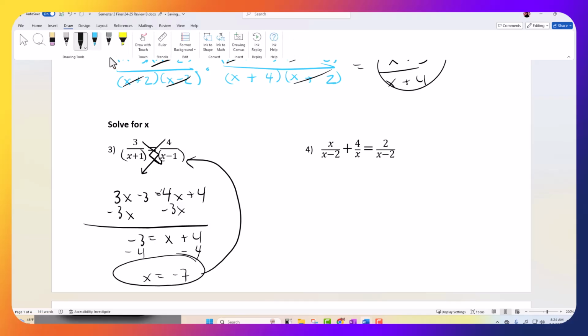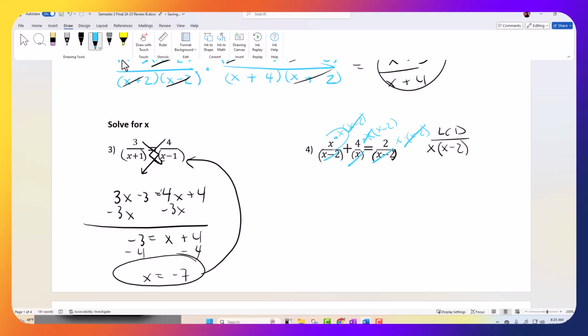Okay, the next section, our next piece, we're going to be working with this 3-piece fraction problem. And I'm going to think of the x minus 2 in a parentheses, the x minus 2 in a parentheses. And this x, even though it doesn't have any added or subtracted, it's its own thing. I'm going to use my least common denominator to clean this up. The least common denominator would be x and x minus 2. If I multiply each fraction by x and x minus 2, the x minus 2's cancel, or the x cancels,